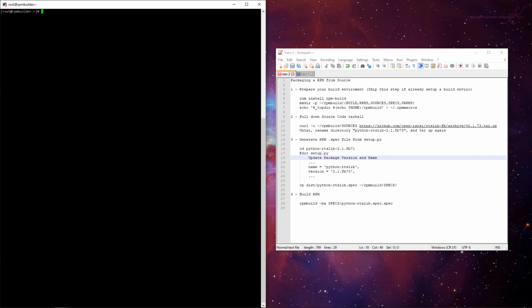Luckily, in this case we can generate a spec file. That's the specification file used to build the RPM package from the source. I've got the steps laid out on the side here, so let's go through it. We're going to build Python rtslib from source into an RPM package. So first of all, we have to